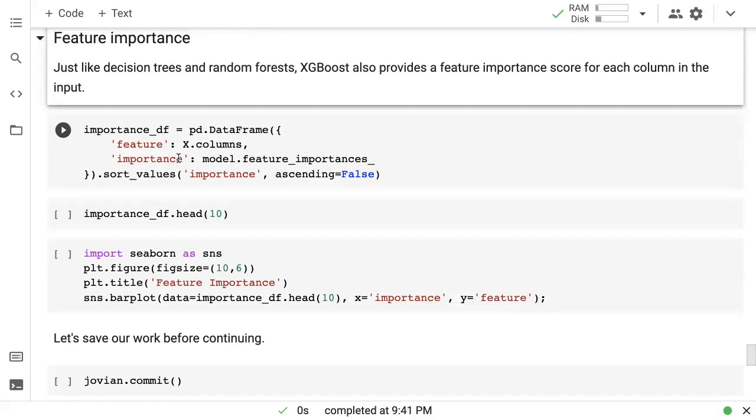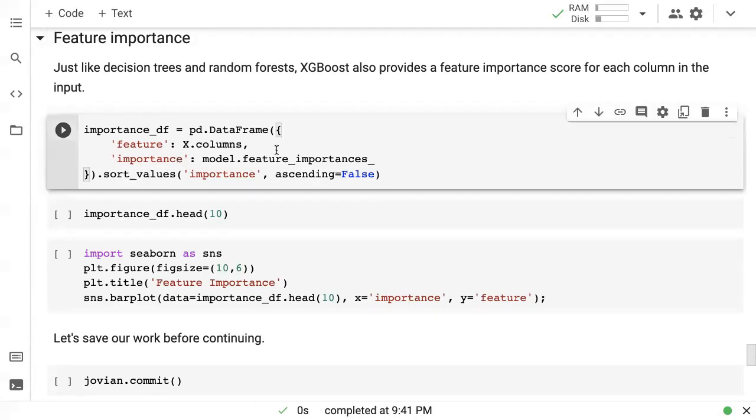And second is called the weight, which counts how many times a particular feature was used to create a split across all the trees. Reduction in loss is called gain, so that's how the word is derived.